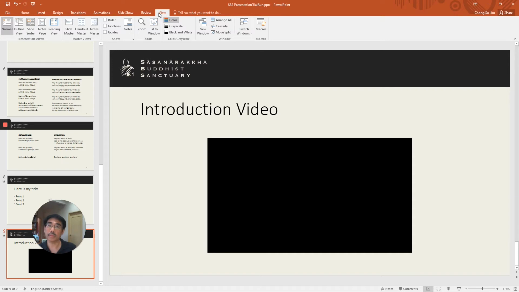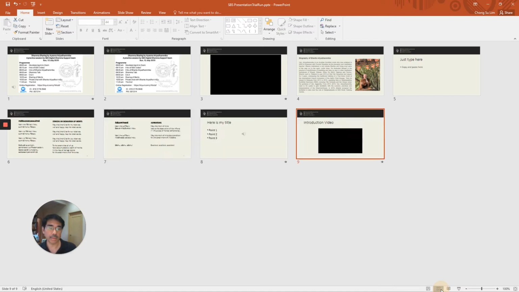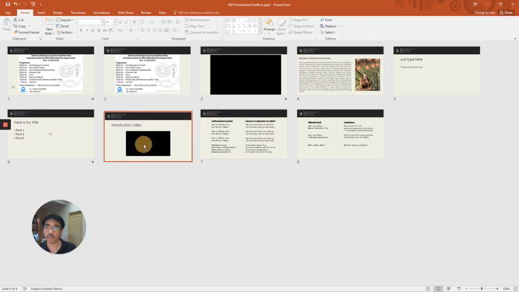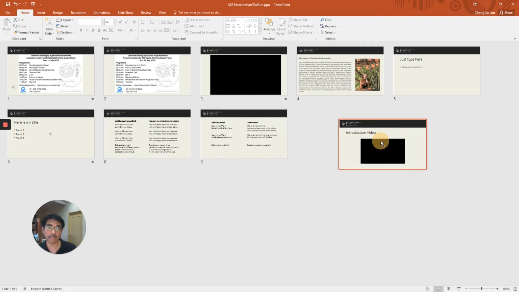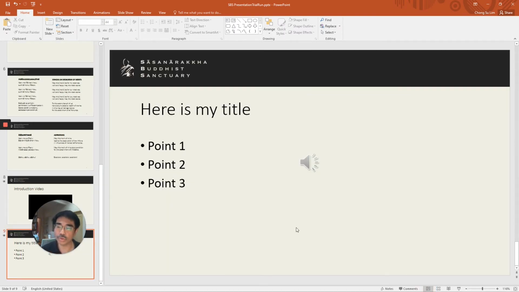For example, let me see if I can make those changes. Yeah, you can see here, for example, the slide sorter. If I click down here on the right hand bottom, I can see slides in different orders, so I can move them around quite easily. Let's say I wanted these two slides to come in front, I can slide them around, and then I can slide them back to the right position, and then click here again to come back to your normal